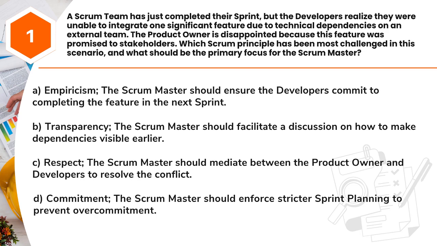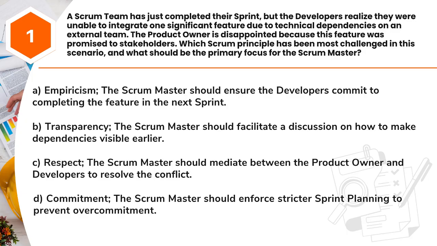Question 1. A Scrum team has just completed their sprint, but the developers realized they were unable to integrate one significant feature due to technical dependencies on an external team. The product owner is disappointed because this feature was promised to stakeholders. Which Scrum principle has been most challenged in this scenario, and what should be the primary focus for the Scrum